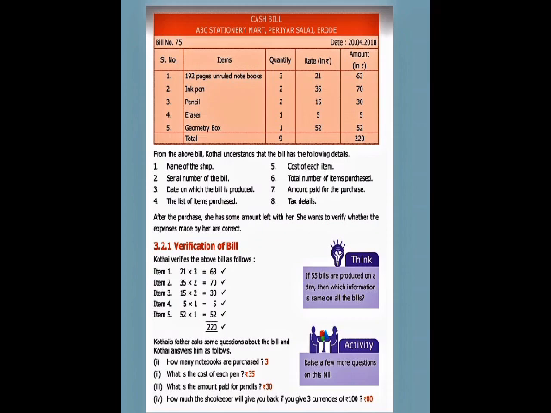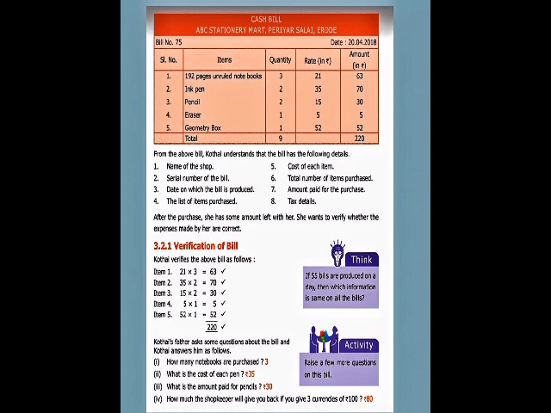Next is the tax details. The last one is the tax result. This is how you prepare a bill. Then how much amount she has to give and what the expense is, all of this is found from the bill. Next, how to verify the bill? You have to multiply the quantity and rate. If you get the same amount, that is the verification of a bill.